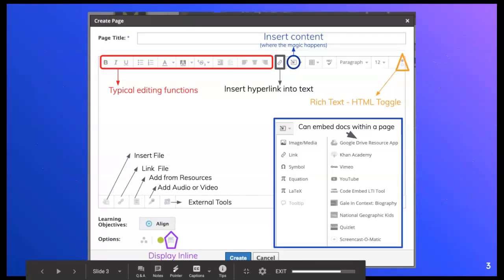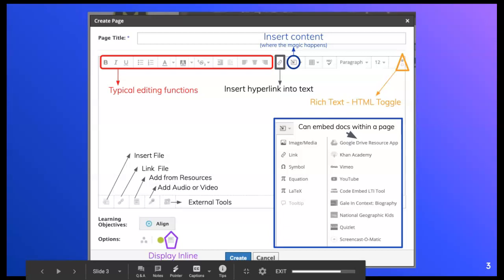When you open a page, this is the screen that shows up. I've highlighted some essential tools that can be used. On the top row, you see your normal rich text editor. The editor can do everything from bolding, highlighting, underlining, to a favorite of math teachers and science teachers using a subscript and superscript. Inserting a link is easy by clicking the link button, and then the magic button is what